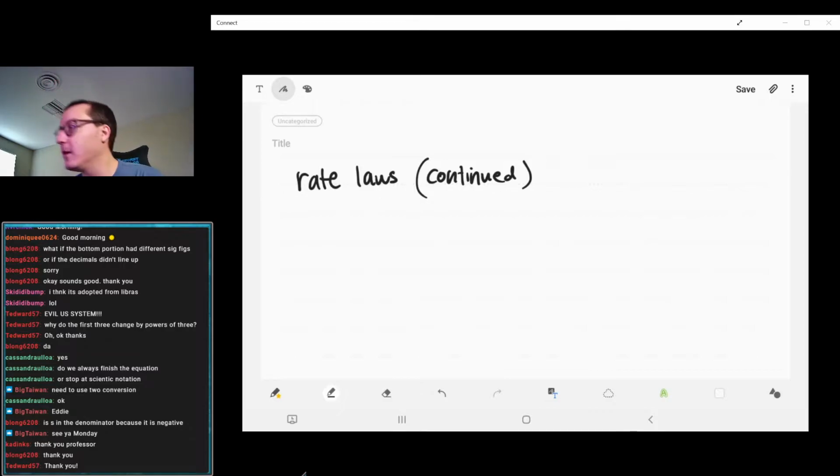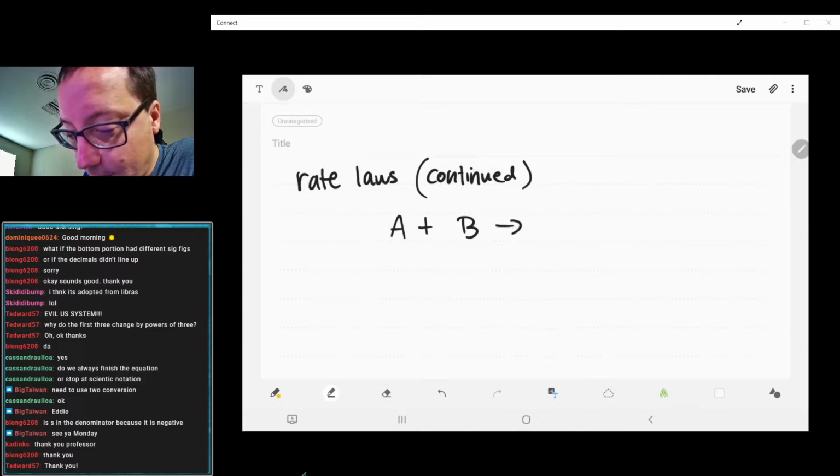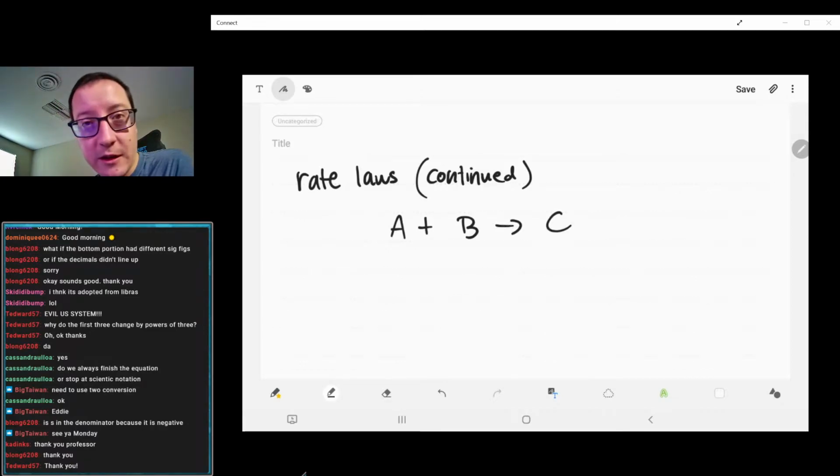Let's get started. More weight loss. How exciting. So, we have to do a problem to start, I think. Let's go ahead and do that. So, let's say we have some generic reaction, and we're looking for figuring out what the rate law is going to be based